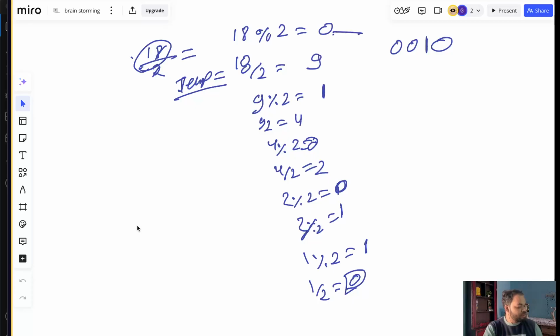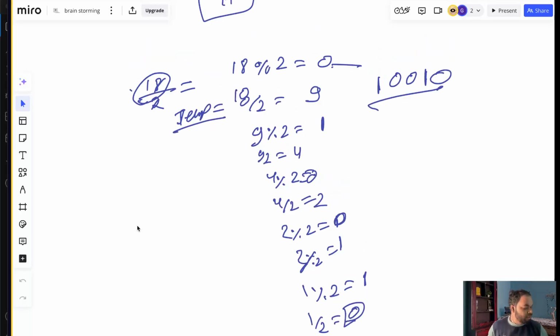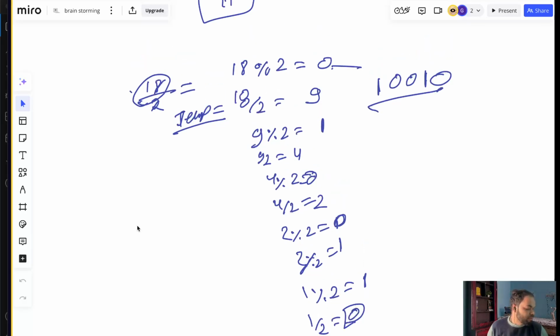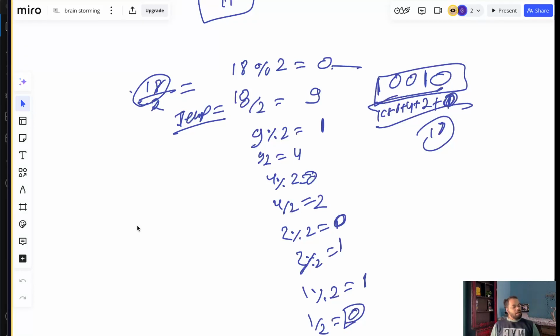So 1 0, so here will come 1. So this is the solution for 18. So 0 plus 2 plus 4 plus 8 plus 16, so it will become 18. So this is the answer. Okay,